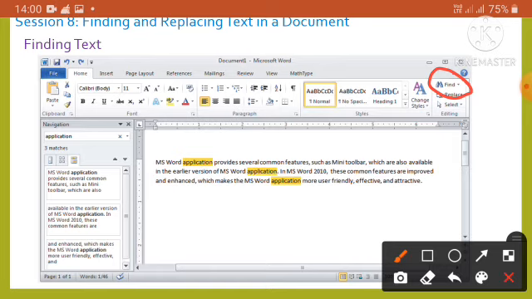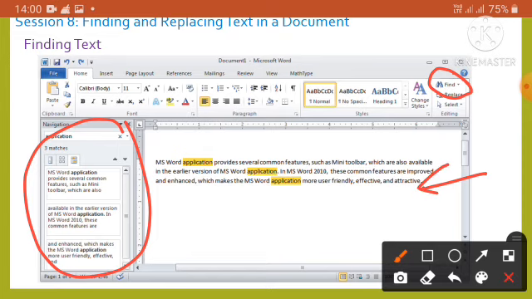Okay, the navigation pane on the left side of the screen appears. Now type the desired word to find the word in the search box as shown in this figure. If the desired word is found in the document, it gets highlighted in yellow and a preview appears in the navigation pane. Now, if you find more occurrences of the word, click the up and down arrows to navigate through